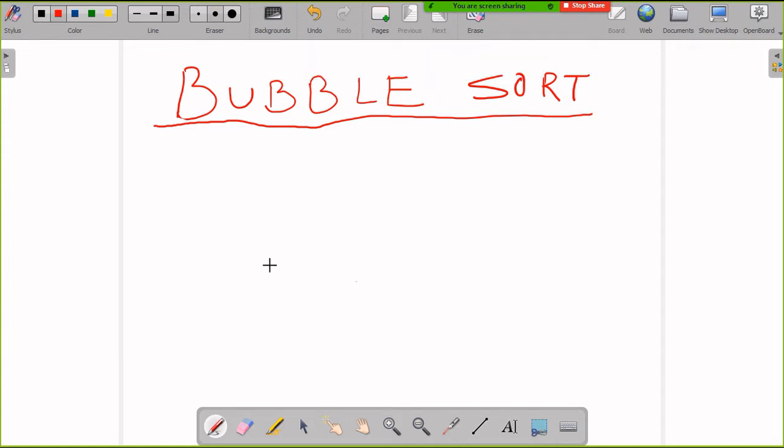Now you can understand this with the example or the algorithm of the bubble sort. The algorithm is just to interchange the elements, and we learn this through these examples.